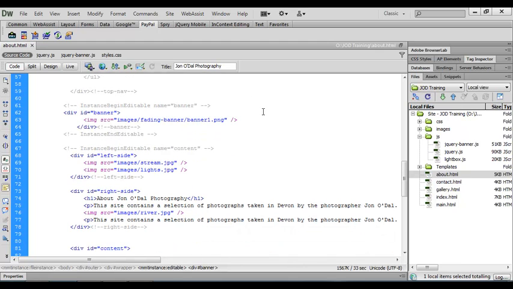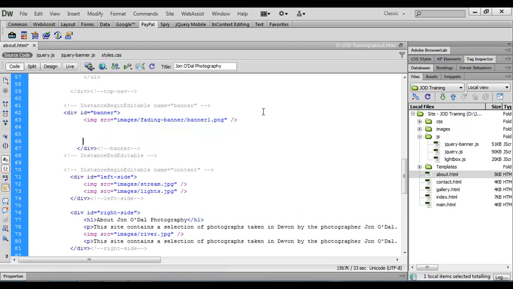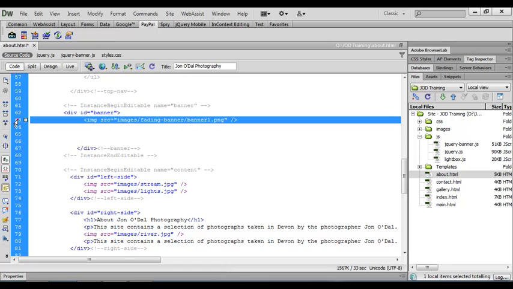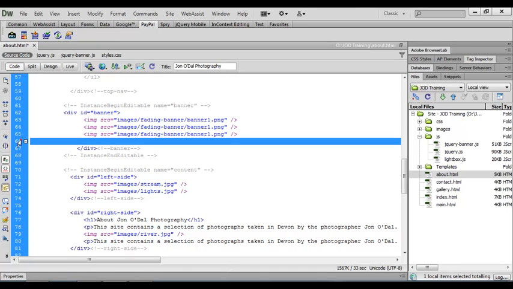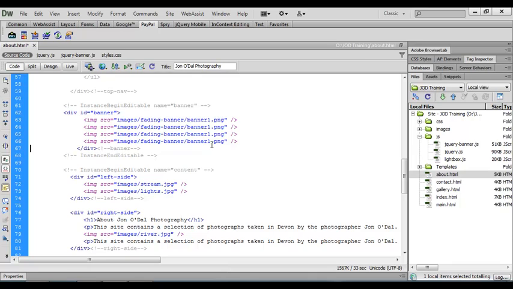And here's the image that we put in to start with as our placeholder. We'll give ourselves a little bit of space underneath that. And we want 4 copies of this in all. So 2, 3, and 4. Now in our index page we used images banner 1, 2, 3, and 4. So in this one we're going to continue it with 5, 6, 7 and 8, and if we save that